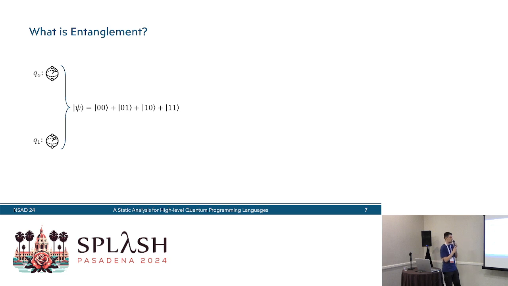For example, if you have this state, two qubits that form a uniform superposition of the four bases, we can actually write this state using the tensor product. So this is the state of the first qubit, this is the state of the second qubit. In fact, this state corresponds to a state in which the two qubits are separable. If, for example, we do some operation on the first qubit, just like a measurement,